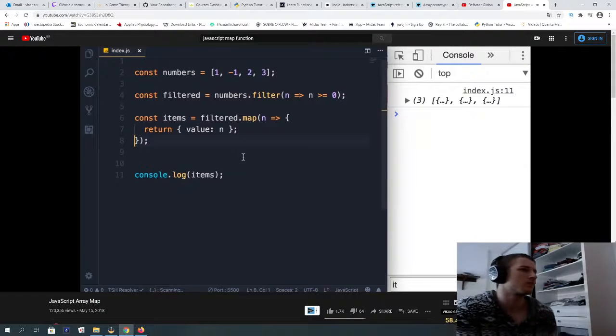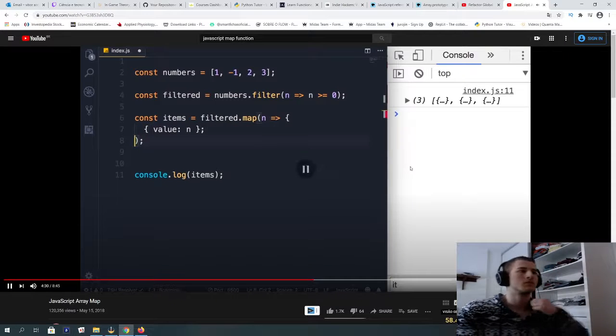Now, earlier I told you that in your arrow function, if you have a single line of code and you're returning a value, you can exclude the return keyword as well as the curly braces. So let's do that and see what happens. So remove the return keyword and the